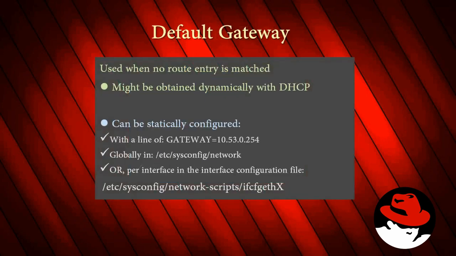The default gateway could be configured when no route entry is matched. It might be obtained dynamically with DHCP, Dynamic Host Configuration Protocol. It can be statically configured with the line GATEWAY equals, providing an IP address here, globally in the /etc/sysconfig/network file. Or you can also use the per interface configuration file that is located in /etc/sysconfig